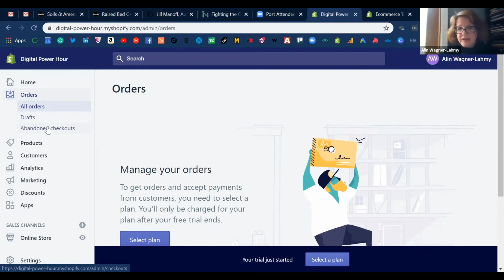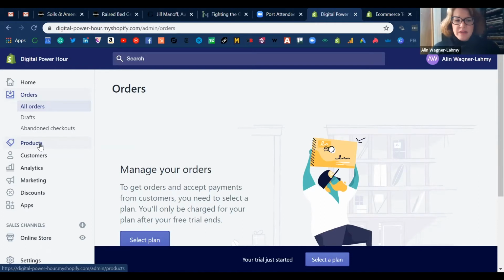And abandoned checkout is, of course, people that have put something in the cart, they put in the email, but for some reason, they have not completed the transaction. And when you do this really well, abandoned checkouts can generate, I would say, between 10 and 20% of sales. So it's very, very important to pay good attention to it. We'll talk about it on a separate session on how to recover abandoned checkouts. I'm going to talk about it when we do the email session. I'm going to talk about how to recover abandoned